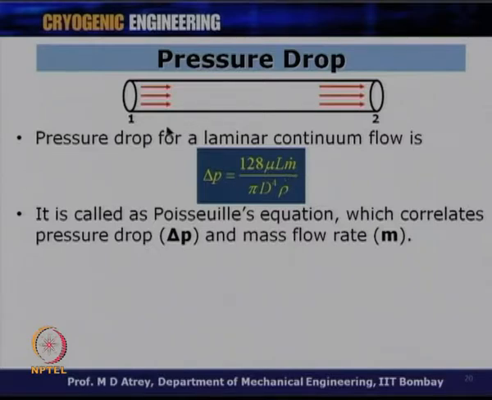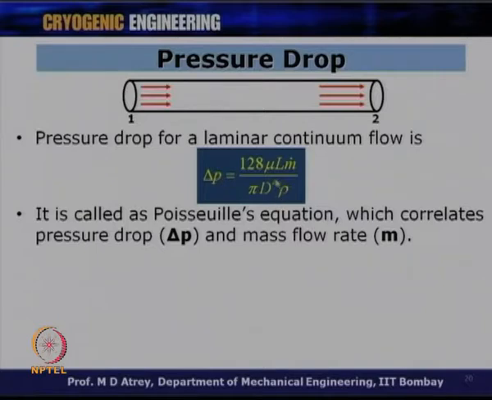So, if the length is L, the mass flow rate is m dot and the diameter is d, then during this travel I will have a delta P amounting to this, and one can see from here that delta P is directly proportional to the length it travels. Delta P is directly proportional to the mass flow rate m dot. If the mass flow rate is high, delta P is going to be high. If the length is high, delta P is going to be high, while if d is small, delta P is going to be very, very large.